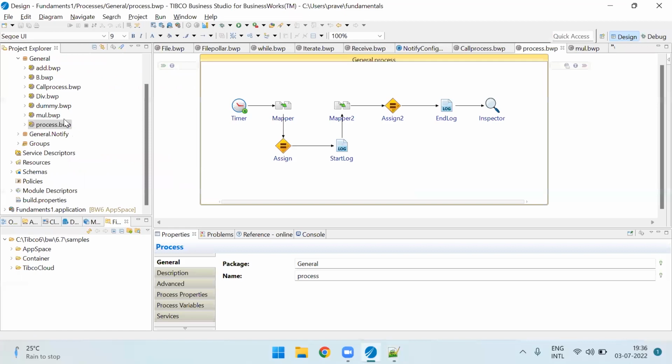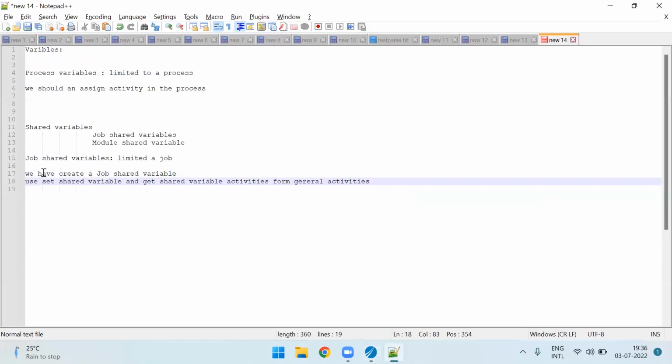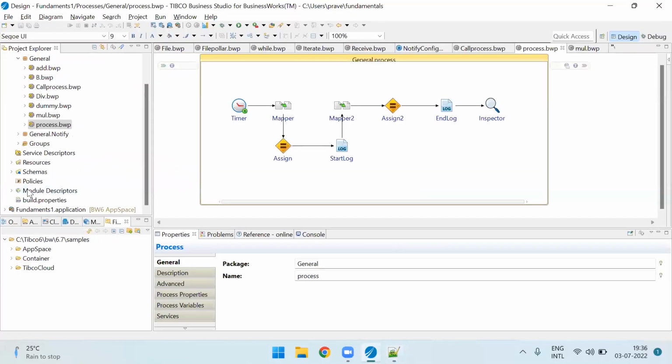Okay, so let's see that. First thing is that we have to create the job shared variable, right? So to create the job shared variable,